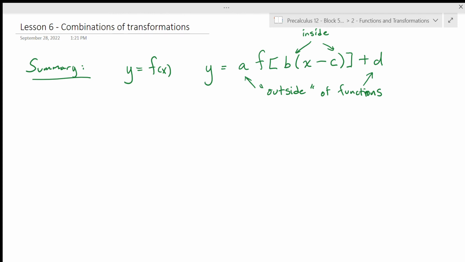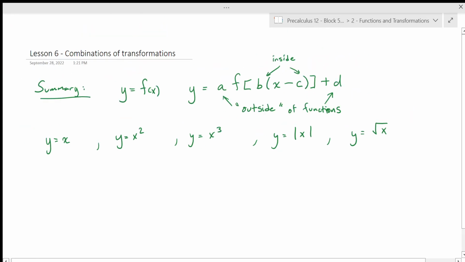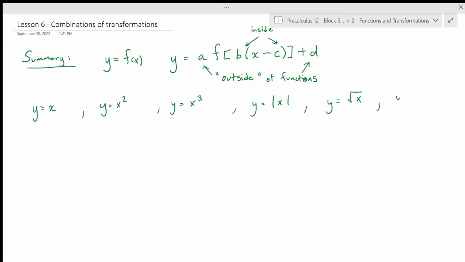So whatever your function is, if you think about your basic function, and we have 6, so let's review. We have our 6 basic functions, y equals x, y equals x squared, y equals x cubed, y equals the absolute value of x, y equals radical x, and finally y equals 1 over x. And so transformations take that same basic shape and move it around in some way. So let's summarize what these different letters mean. So if we give an example,